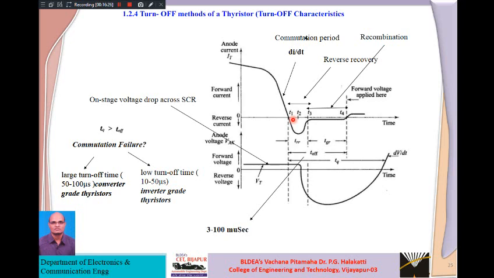All the four layers, holes in the p layer, electrons in the n layer, got swept out. Majority carriers, meaning current density, we are trying to reduce from all the four layers, because the conduction rate, that is di by dt, is heavily dependent on the density of these majority carriers.